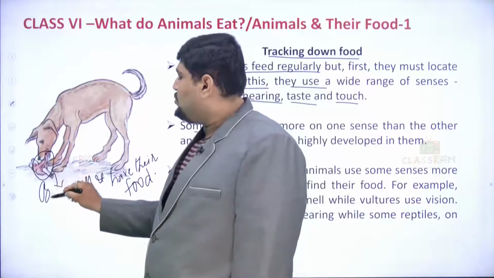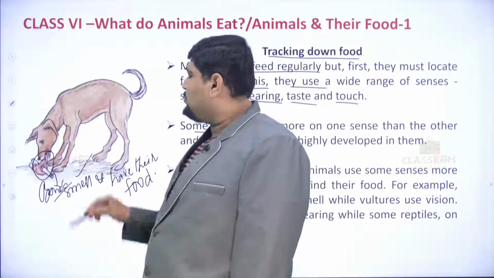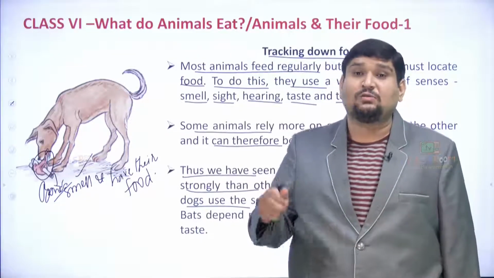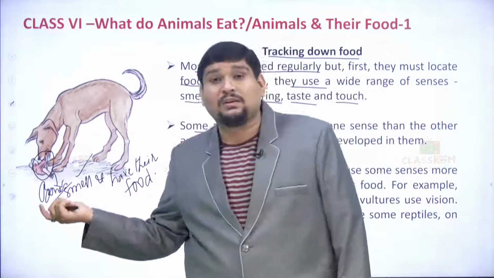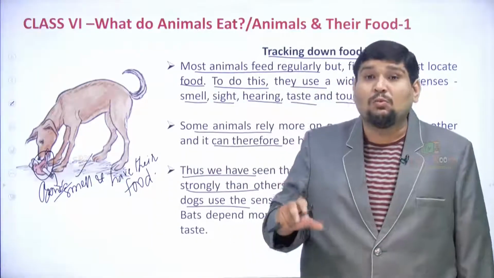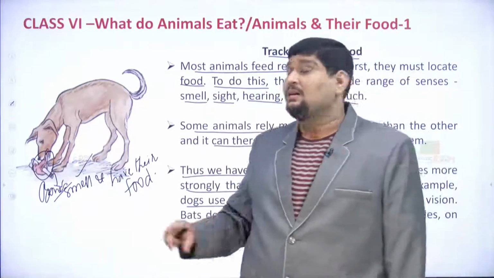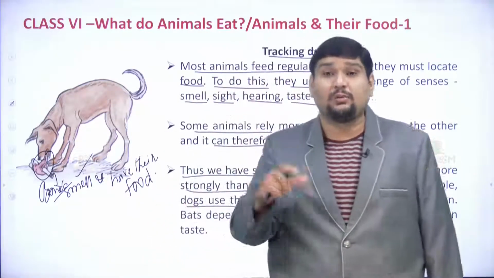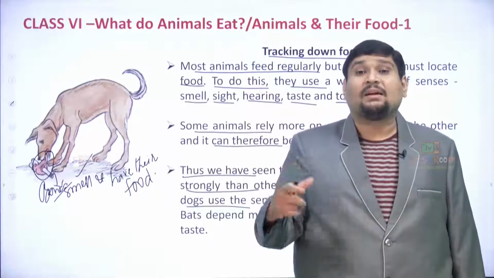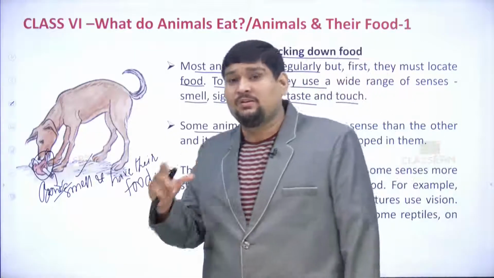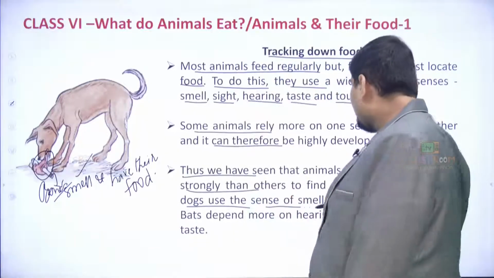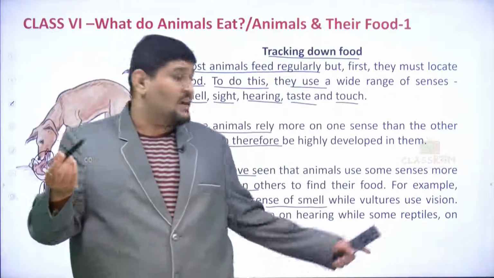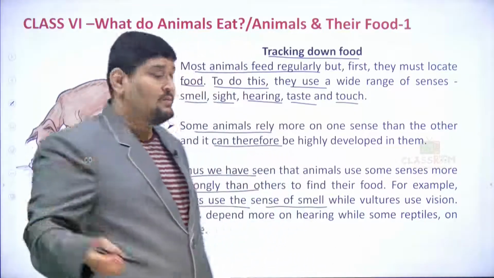So you can find the bones and bread pieces and all are mostly taken as food, which we see in the case of dogs. Mostly dogs prefer this kind of food, and they use the smell. By smelling, that's the one sense organ which they use in most of the cases, and they try to have the food. One such example which we come across is that dogs use the sense of smell while vultures use vision, by sight they try to have their food.